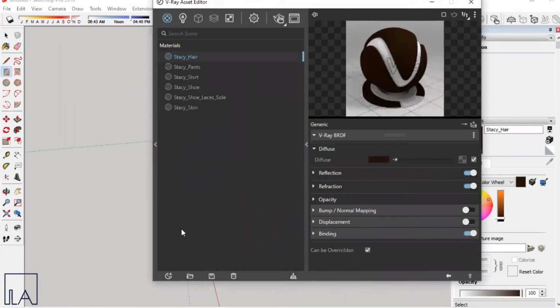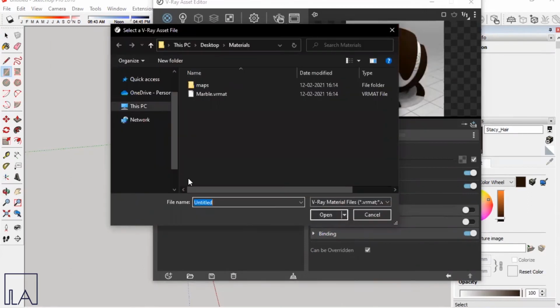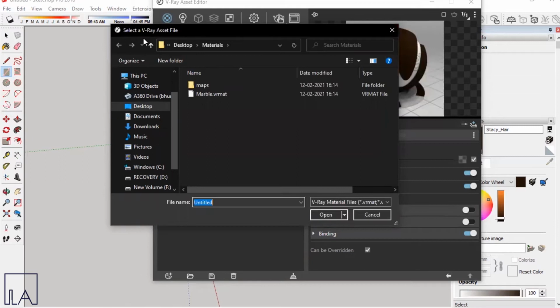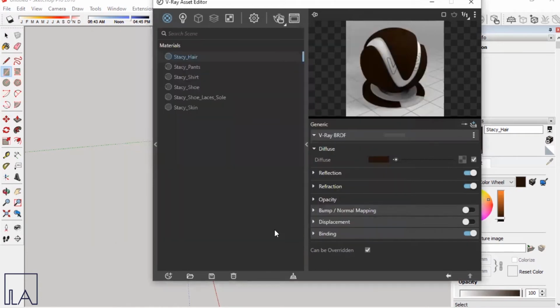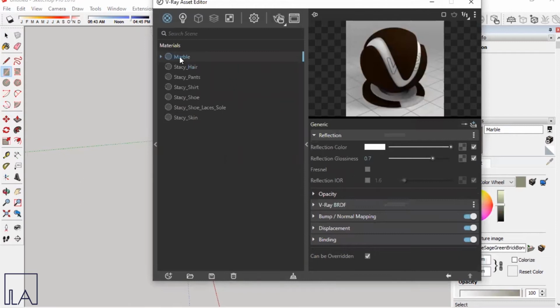In your material list, when you come down, you see the import asset file option and just click on that. Once you get that, you get a pop-up tab over here wherein you can open the material. So now I just choose this marble VRMAT material over here and then click on open. As soon as I do that, you guys can see that the marble material will be placed onto my material list over here and you can see the preview of it.